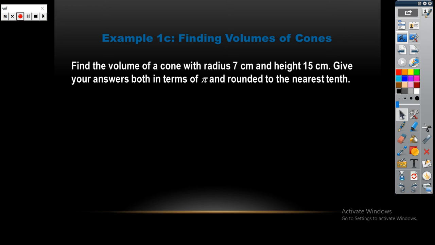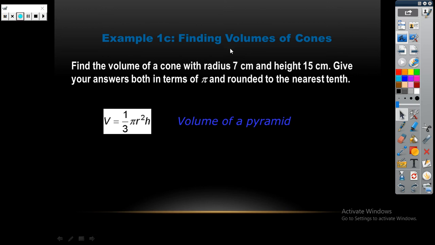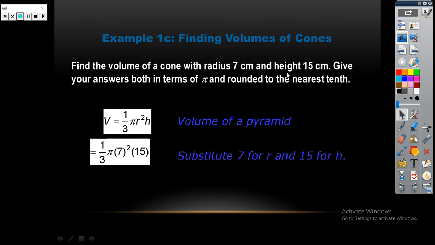Find the volume of a cone with radius 7 centimeters and height 15 centimeters. Give your answer both in terms of pi and rounded, okay? So the volume of a cone is 1 over 3 pi r squared times h. So 1 over 3 pi 7 squared times 15. And the answer is 245 pi centimeters cubed, which is approximately